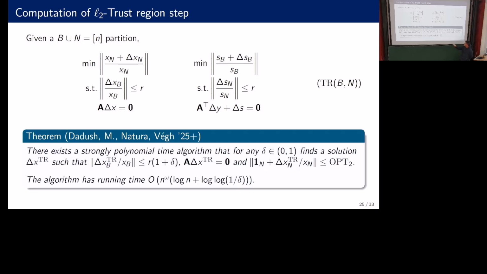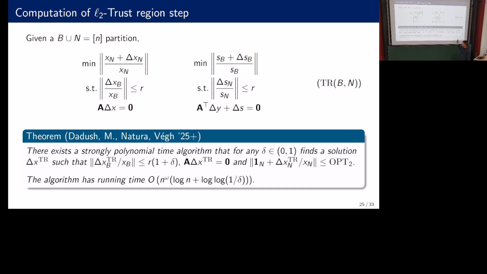And then now the problem can be formulated as a trust region problem. In the objective, I want to scale down the primal variables as far as I can go, and this is for primal variables on N, and then on V, I want the change to be bounded. Both of these are in terms of L2 norm. And then finally, I have the linear constraint to make sure that by taking this step, I end up in the correct subspace. And then I have more or less the same thing as in the dual program, but with B and N swapped.